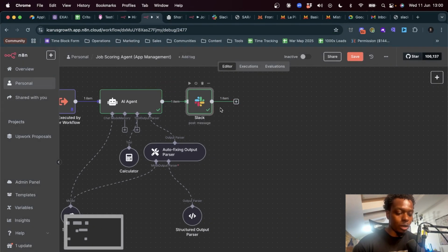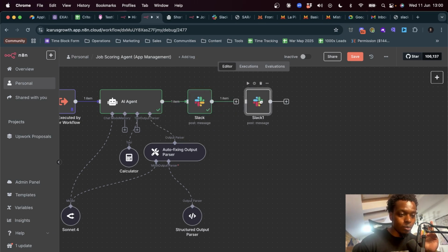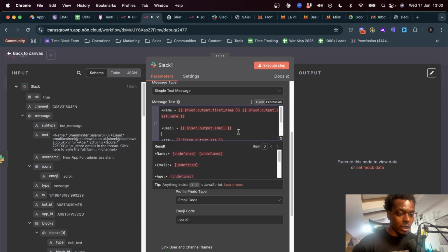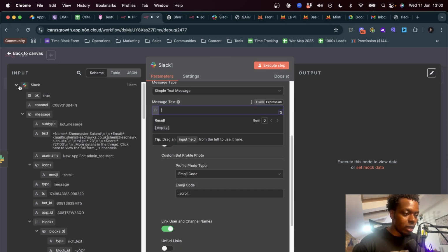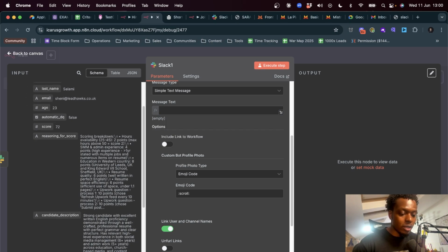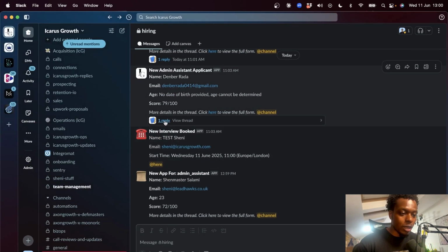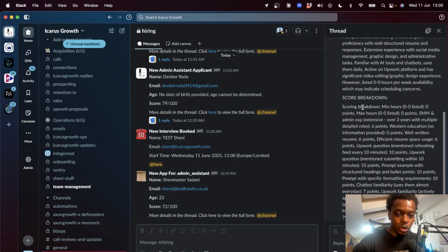So if I open up, in fact, I don't normally just click the Slack button again. I'll always just duplicate what I have, because I've already got all of the little small buttons and the options already clicked, so I don't need to do that again. So what I'll do is take the information from the bot, from the agent, sorry, and that will be what goes into the message. So you can see here, if I open it up again, if I click reply, applicant details,